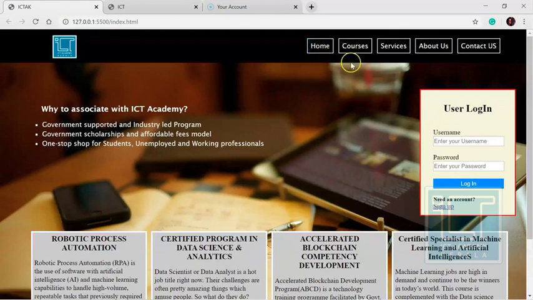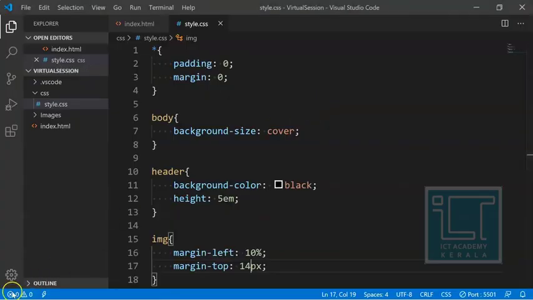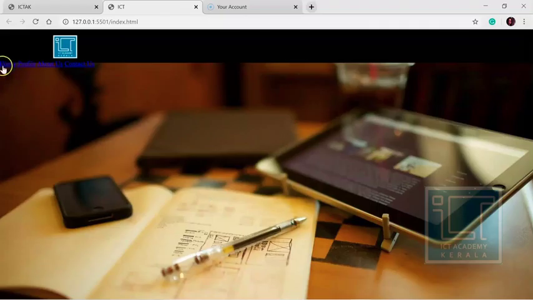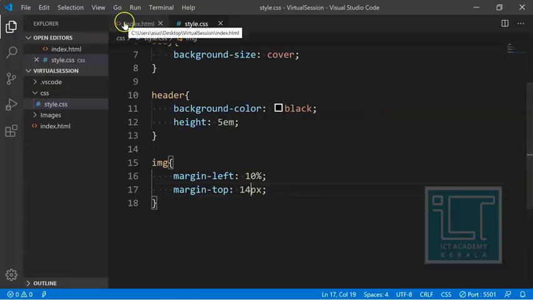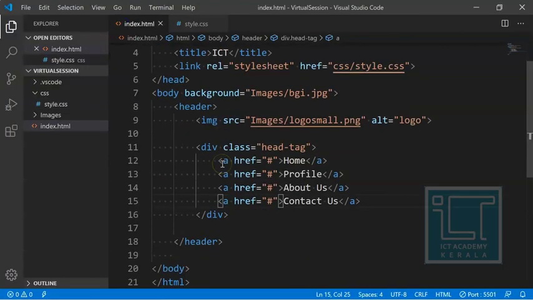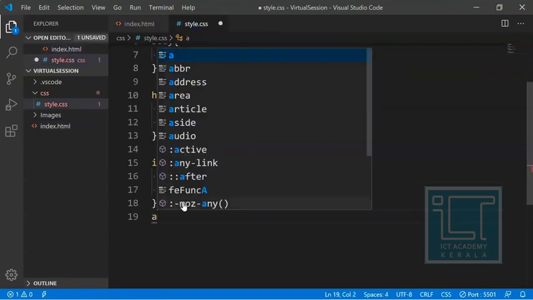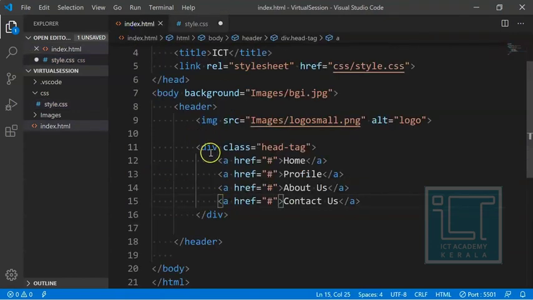But what I have to set is the anchor tag. I have to move the anchor tag from here to here. I have to move all the anchor tags to the right side. There is a property called float, but it's not ideal to call each anchor tag. So instead, I have given a div.